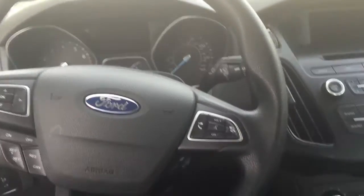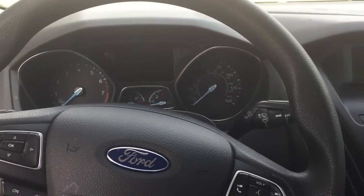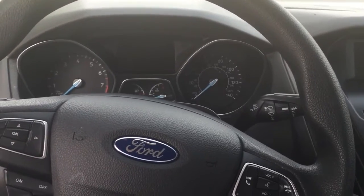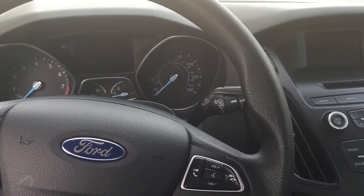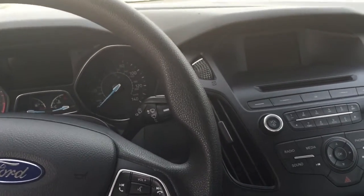Right, so this is a video review on how the 2015 Ford Focus drives, how it feels, how it drives, and what we have in the back here, about space. So let's take a look real quick. It's a pretty wide dashboard. It's got a sportier look as opposed to previous